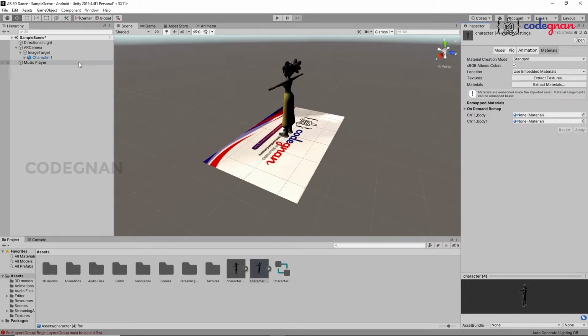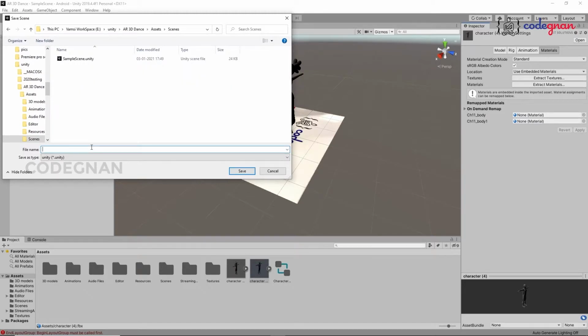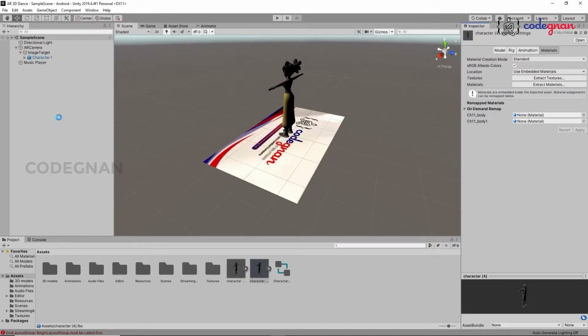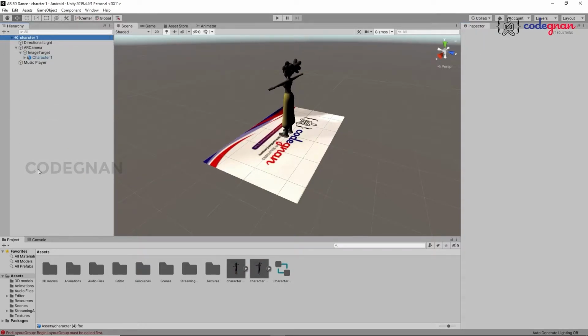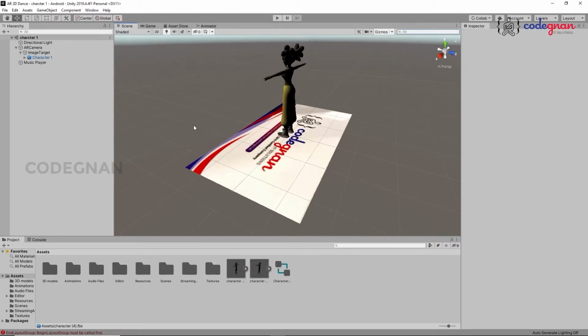Yeah, it's done. Now save this project, and save this scene as character one. Click on save. I saved this scene as character one. I'm going to create one more scene. Before creating the UI, I'm going to add the backend steps, like adding the audio, in the same format as we did here. We're going to paste it to these characters as well.